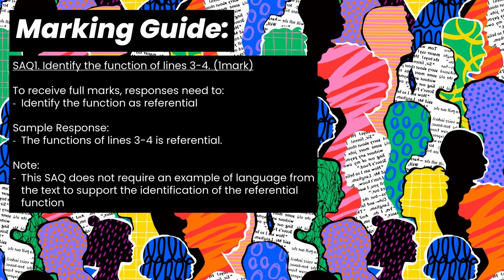But if your metalanguage is incorrect on that example, if it's not accurate, then unfortunately here, you would lose that 1 mark even if you've got the function accurate. So there's a trick to English Language short answer questions, and it's important to remember that if a response contains any incorrect information, it actually can't get full marks. So if you're one of those students who's given more information than is required here, and some of that information is wrong, then you've actually cost yourself the mark. Make sure to only provide the level of detail that each question asks of you.